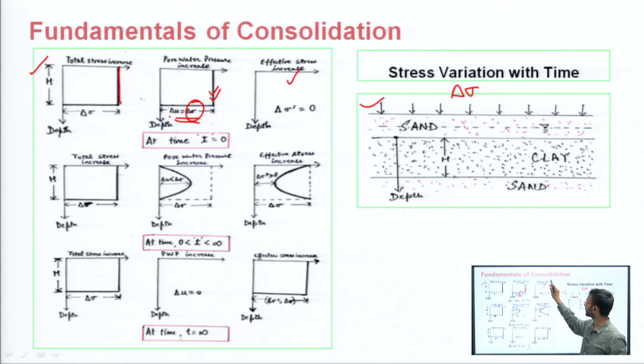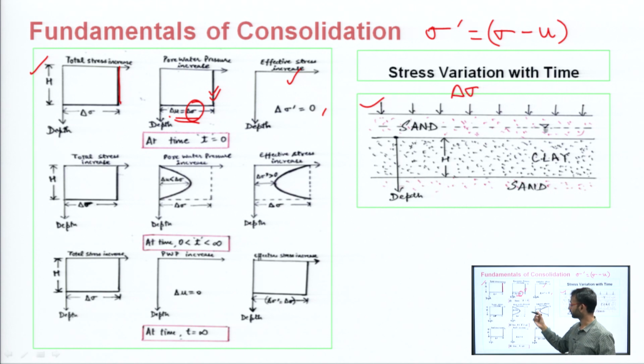So the effective stress, will there be any value? No, because you know that effective stress is nothing but total stress minus pore water pressure. So in this very first case it comes out to be 0. There is no effective stress that has been mobilized. But what happens with some time? The pore water reduces because it moves out. When it moves out, its value reduces to some, let us say this value. The total stress is remaining the same.